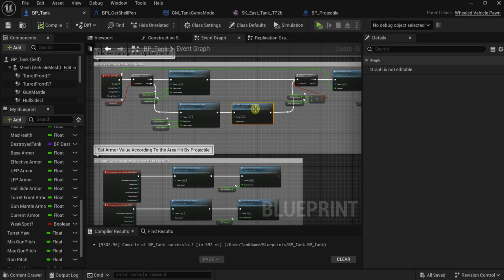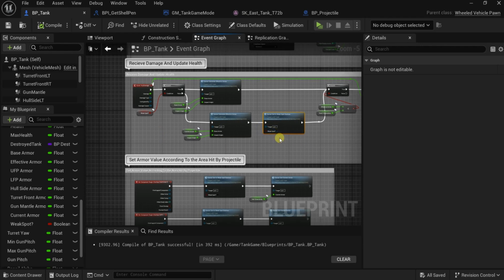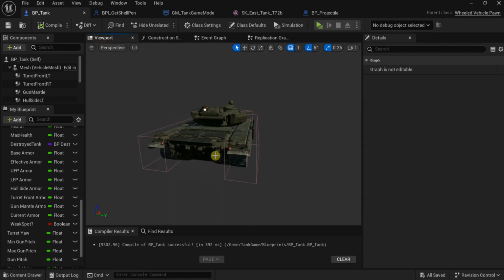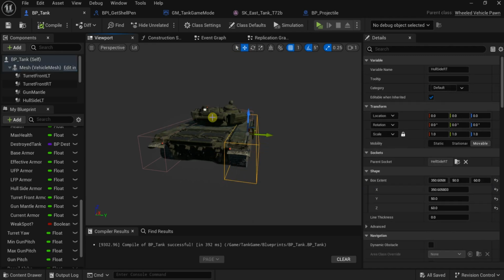And why do we make it true again? Because if we leave it false, the next time the projectile hits another place that does not have these boxes and does not have its own armor, so let's say we hit the back of the tank here